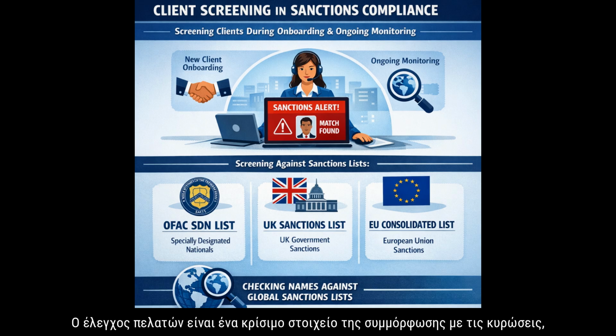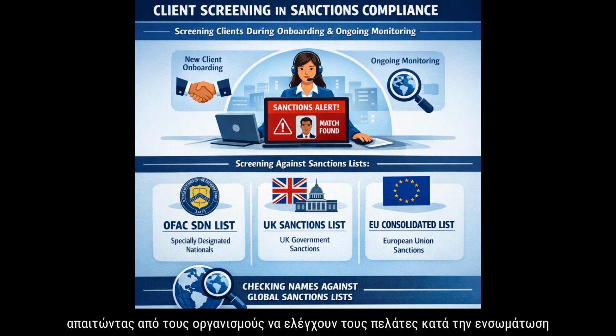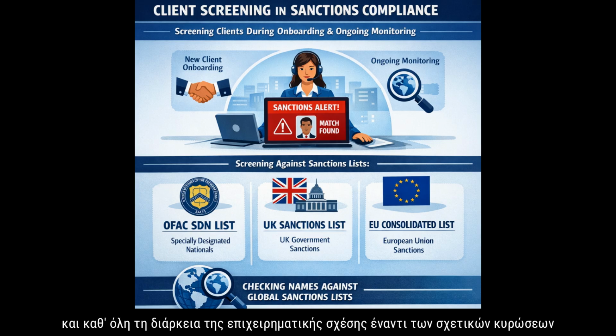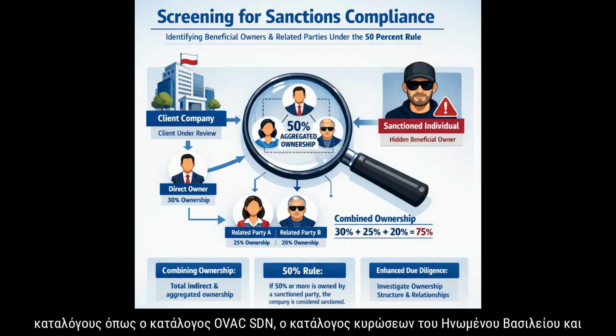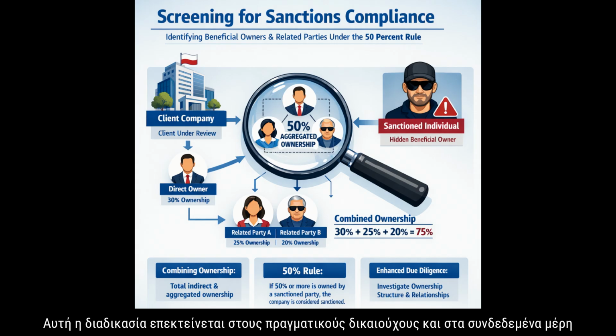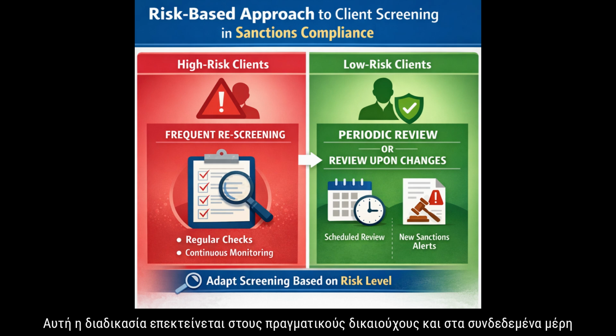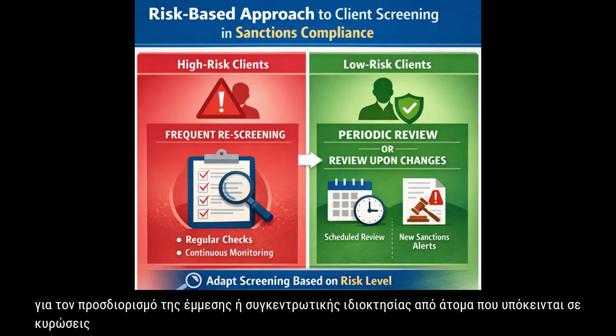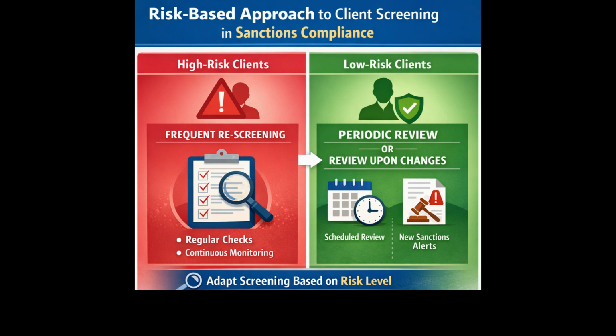Client screening is a critical component of sanctions compliance, requiring organizations to screen clients during onboarding and throughout the business relationship against relevant sanctions lists, such as the OFAC SDN list, the UK sanctions list, and the EU consolidated list. This process extends to beneficial owners and related parties to identify indirect or aggregated ownership by sanctioned individuals, in line